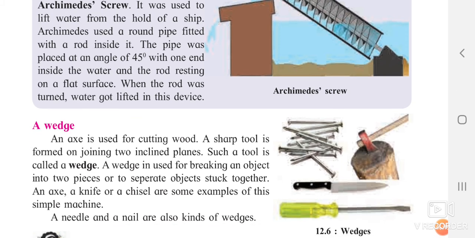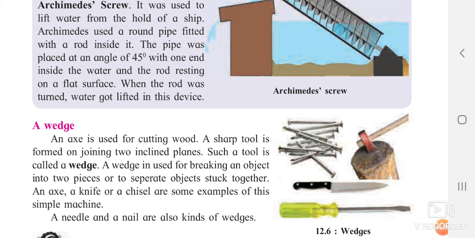The next one is the wedge. The wedge is one of the simple machines, which is used for cutting things. A simple example is a knife. It is a sharp tool formed by two inclined planes, forming a V-like structure. You can see a small needle also. It has a V-like structure at the top, at the first point, which is very pointed. Nails also, before penetrating the wood, have a downward pointed end, which you can observe is a V-like structure. In a knife, another part is blunt, but one side of it is a little sharp, and if you observe, that sharp part is a V-like structure.